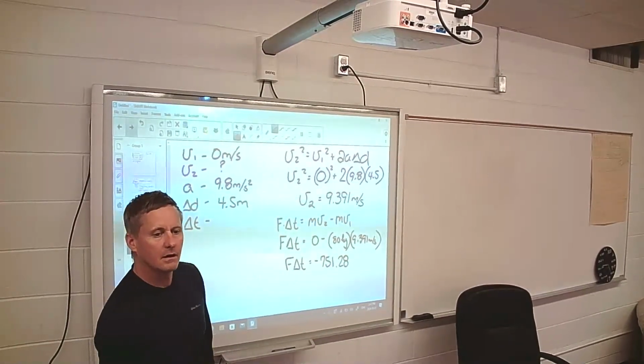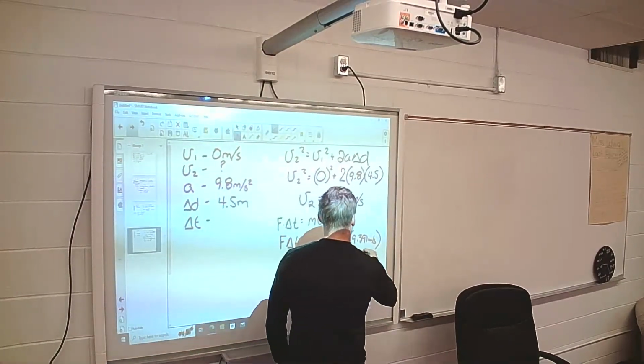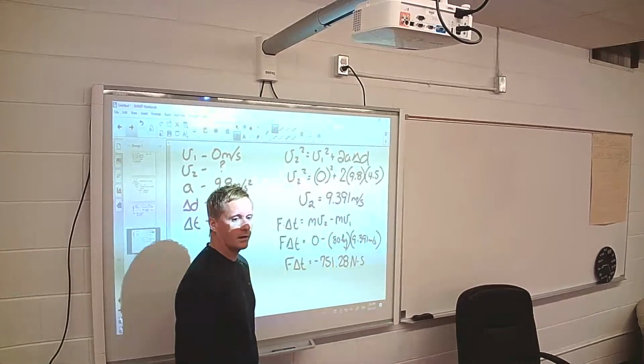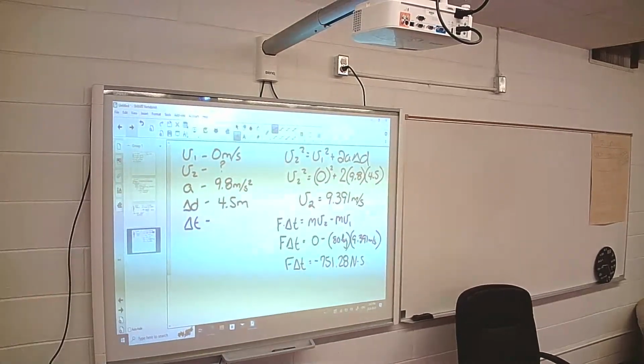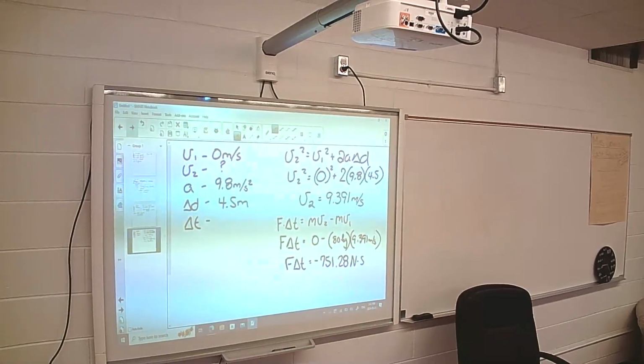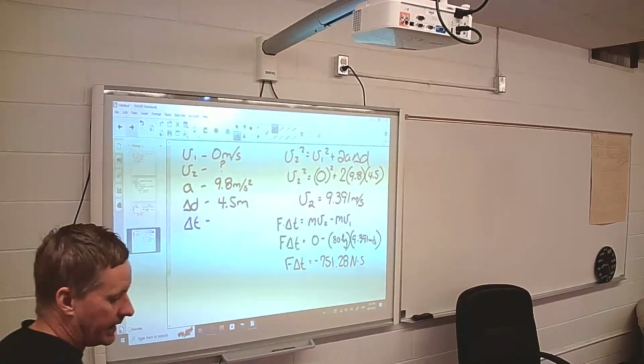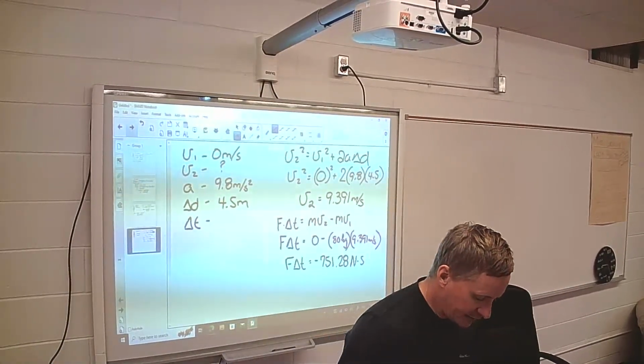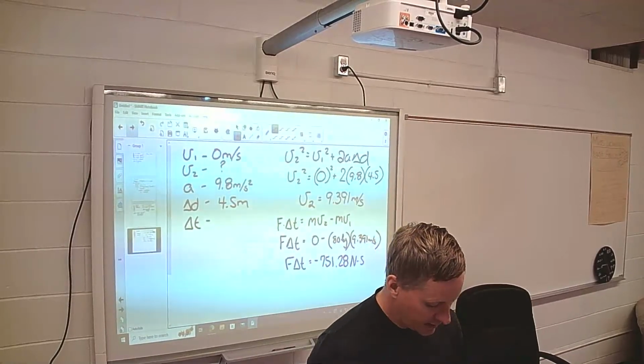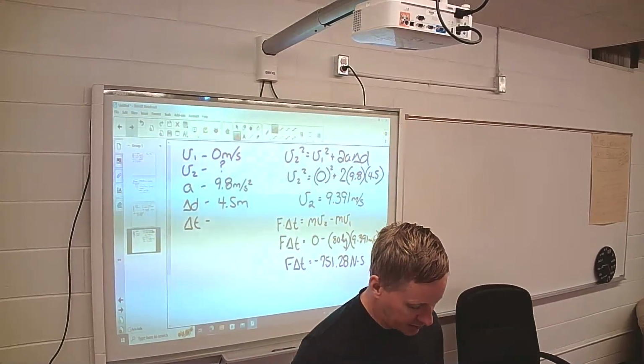Meters per second. Not per. Or time second. Yeah, just Newton seconds. Yeah. All right. Now that's still the same as kilograms meters per second, really. But because I'm talking about impulse, I can just convert those. I can just change them to Newton seconds. Good so far? And then the last part of that question says the average force on the jumper's feet if he lands stiff-legged and the impulse only lasts